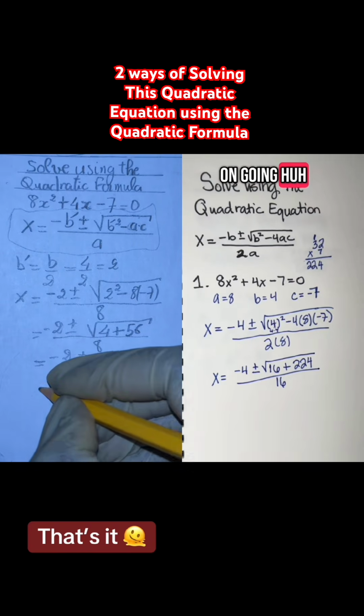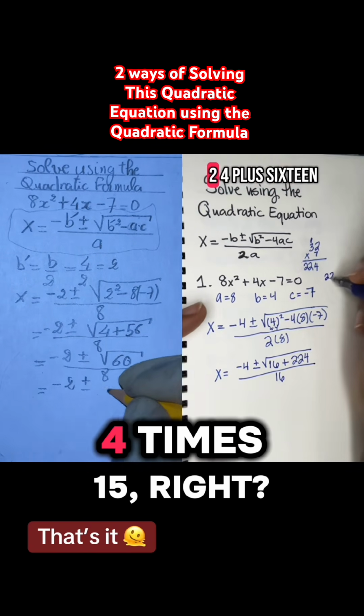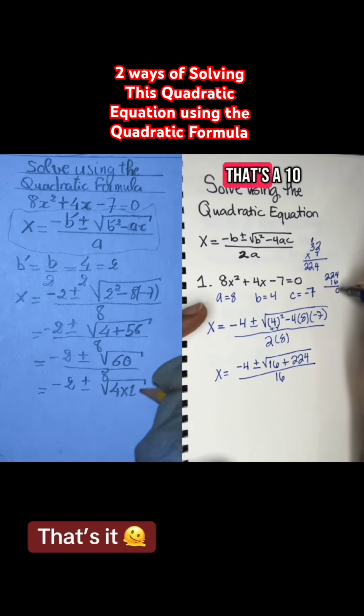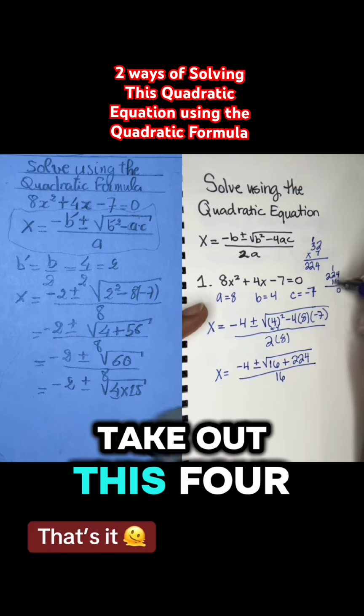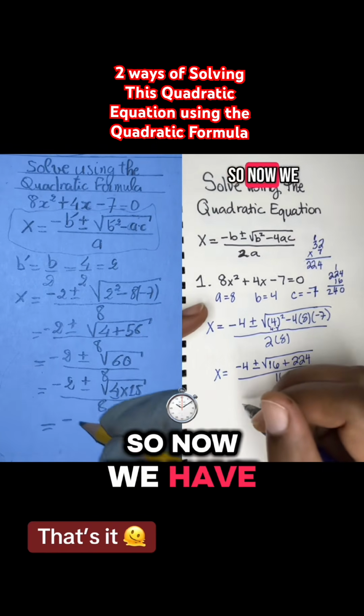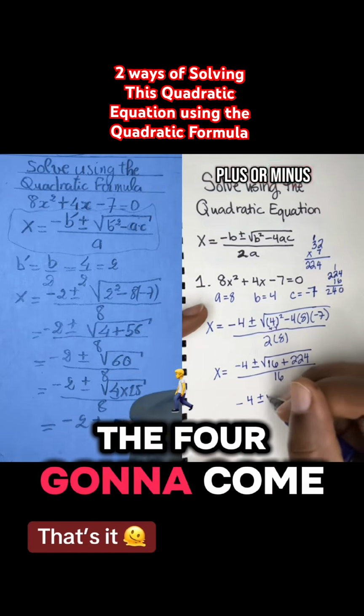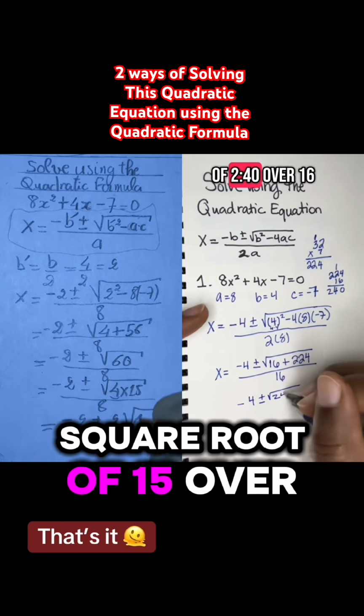Now 60 is 4 times 15. So we can take out this 4 and it's going to turn into a 2. So now we have negative b prime, plus or minus, the 4 coming out, so that's 2 square root of 15